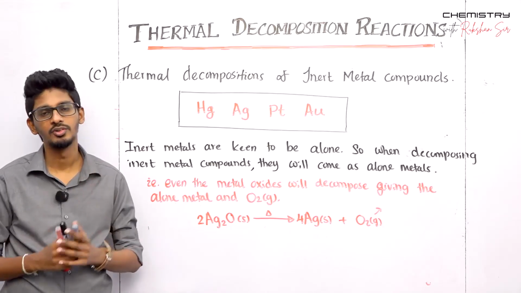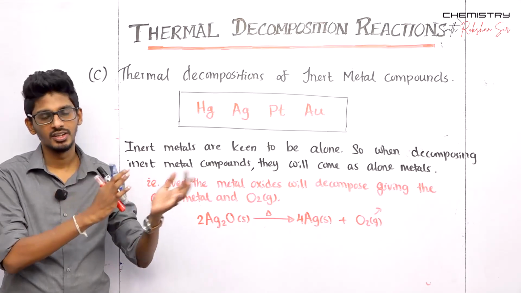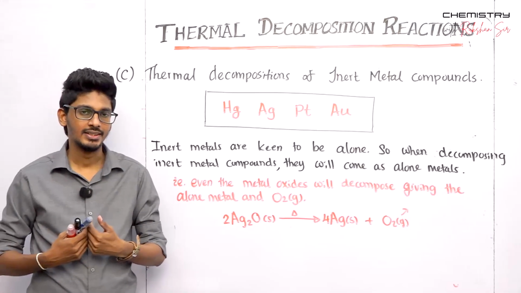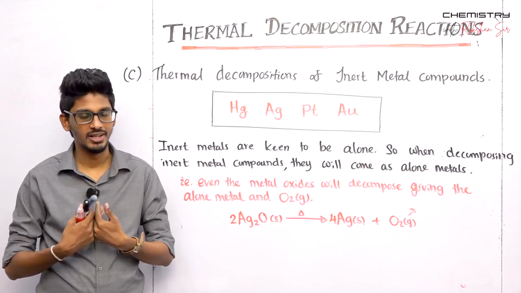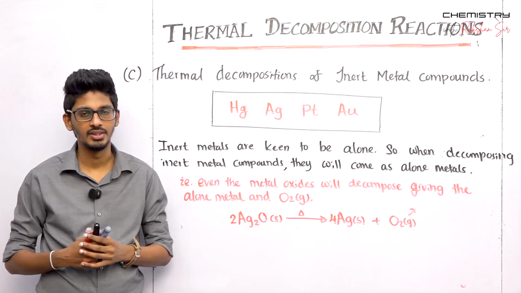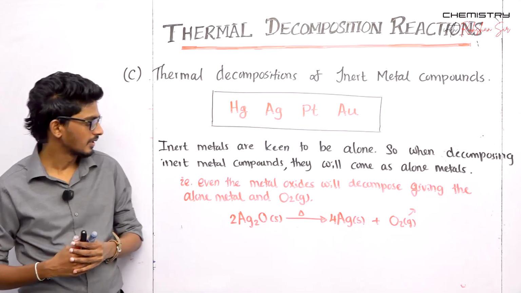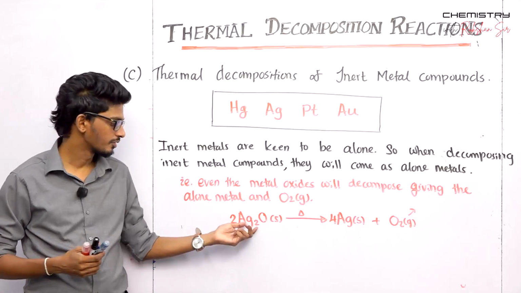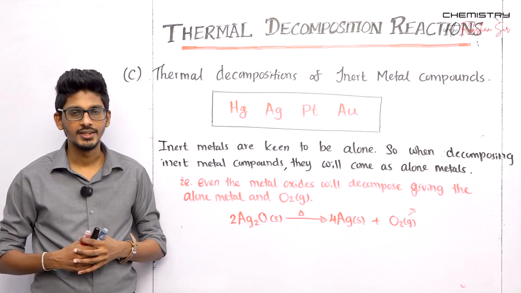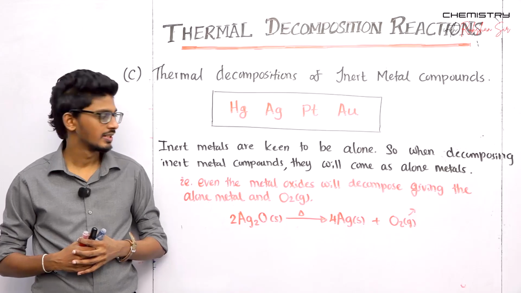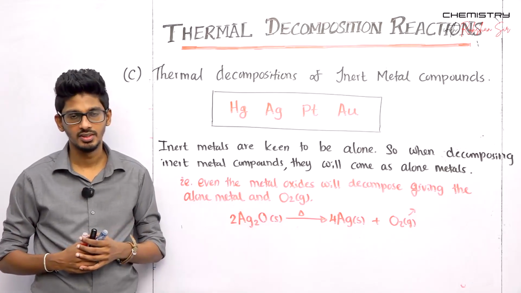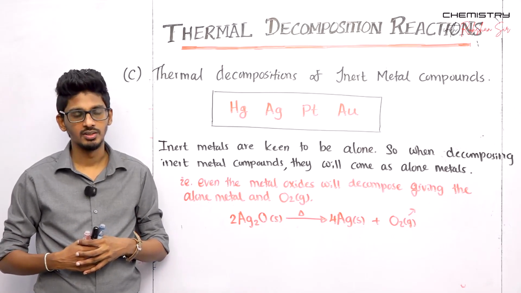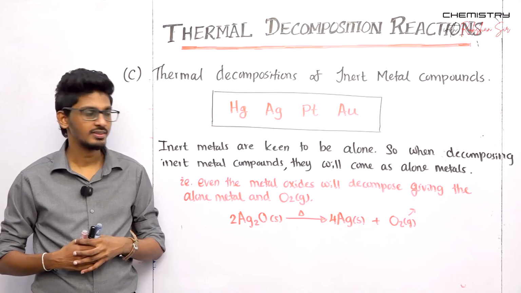The moderately active metal compounds decompose to give you the metal oxides. That was seen in the carbonate situation and in the bicarbonate situation. But when it comes to inert metal compounds, the metal oxide will also decompose to give you the inert metal and the O2. That is the major difference of these inert metal compounds compared to the moderately active metal compounds. Let's discuss a bit more